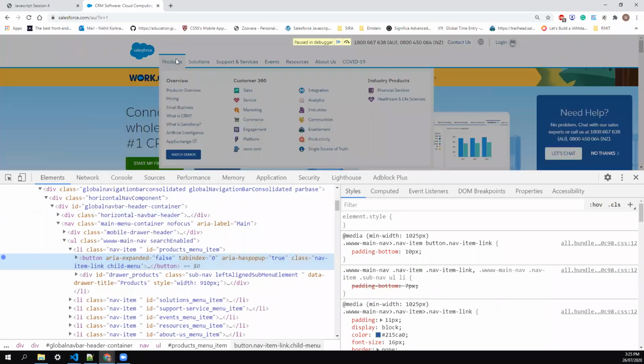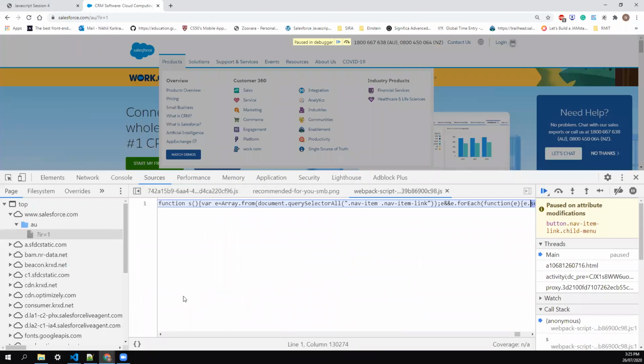Immediately when I hover here, it takes the execution to the file they are using. The file name is this, and on hover they are calling this method. This is another way we can figure out which function they are calling on hover of this list. And now our next topic starts from here.